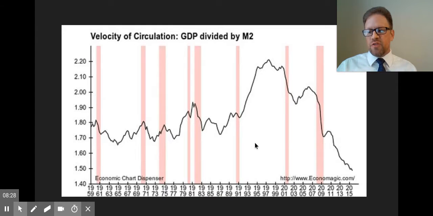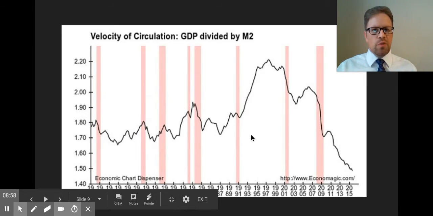And the velocity of circulation means the number of times that the average dollar is spent on final goods and services. So if you have a $10 bill you spend at Walmart, that $10 bill probably doesn't go straight to the bank. It probably will go to another consumer that's getting change, and then they're going to spend that money somewhere else, and then at that business they're going to have that money now, and then it gets exchanged with someone else. So the same dollar is probably going to change hands multiple times. That's what's meant by velocity of circulation.